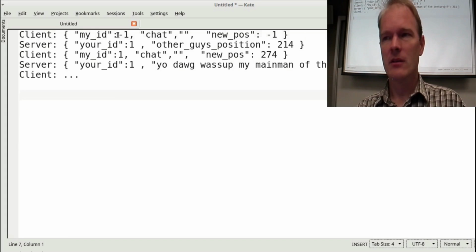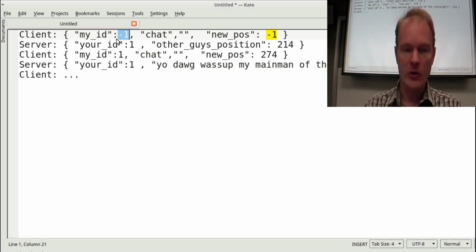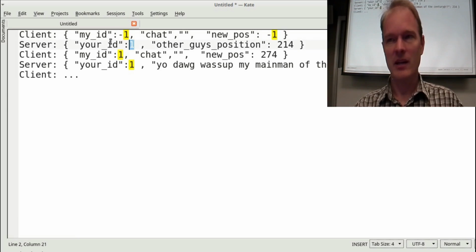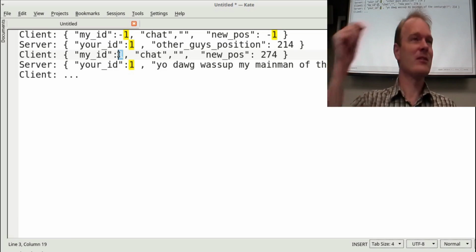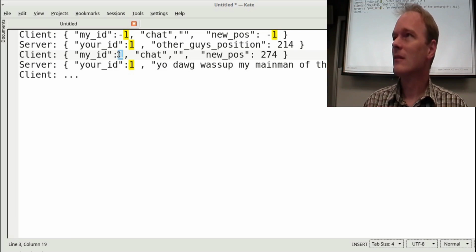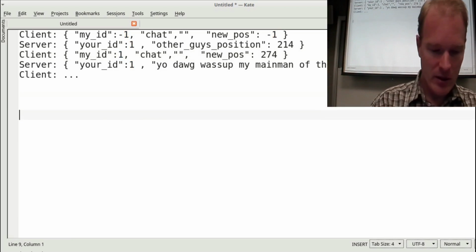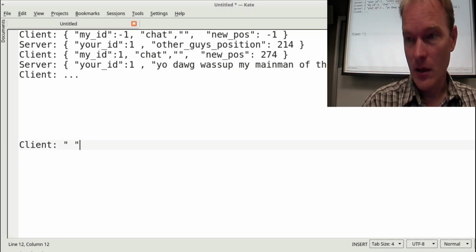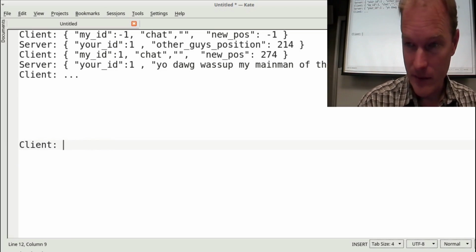And do you see that because when the client says my ID is -1, the server is going to say, oh, you need a new ID, and hand him a new ID. Otherwise, if this client says my ID is something else, the server is just going to say, your ID is what you just told me it was. And they're just going to send the same number back and forth. Or it doesn't have to work that way. You could invent a message system where it starts like this. The client could say, I need, what did he say? How about